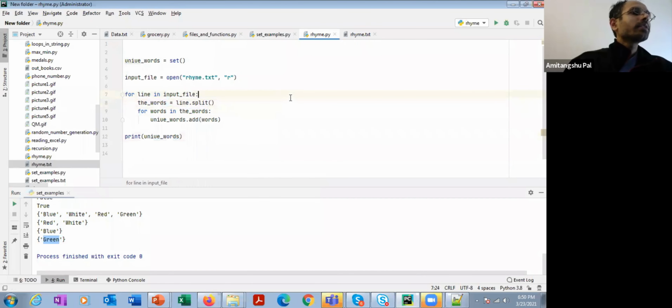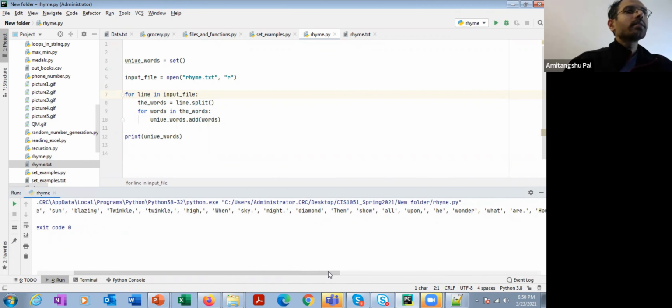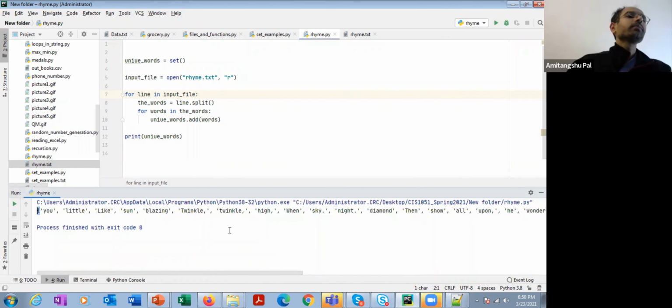So let's run it and check whether it is working properly or not. Here you can see that the output is a set and it is printing all the different words. As it is a set, it is certainly going to be unique. Clear to everyone?